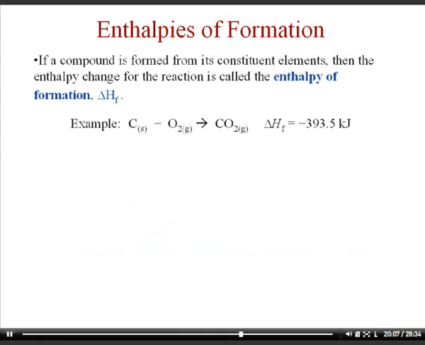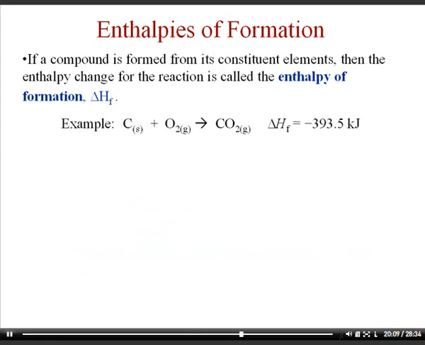Now we're talking about enthalpies of formation. The definition is as follows. If a compound is formed from its constituent elements, then the enthalpy change for the reaction is called the enthalpy of formation, and so it's called delta H sub F, or delta HF. So if you were to make carbon dioxide gas from its pure elements carbon, which is a solid, and oxygen, which is naturally O2 as a gas, you would have the delta H of formation of negative 393.5 kilojoules,